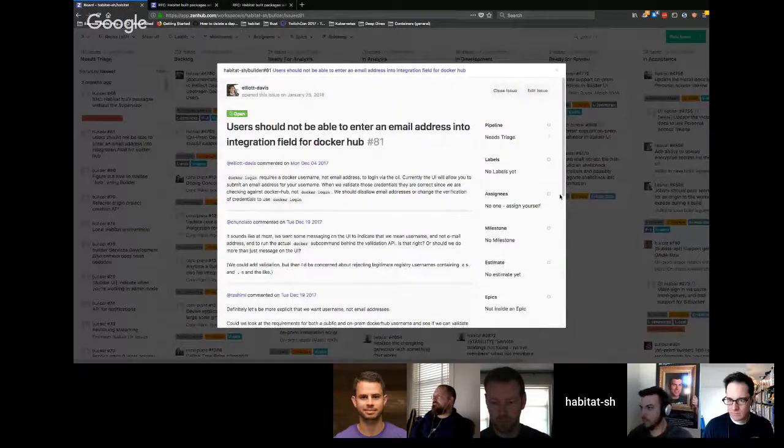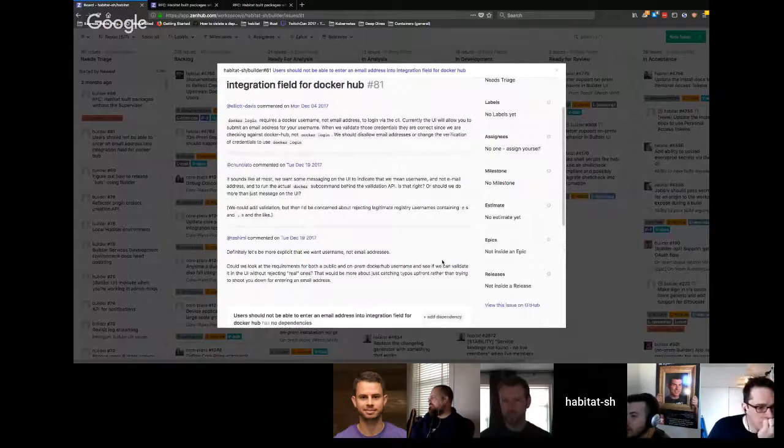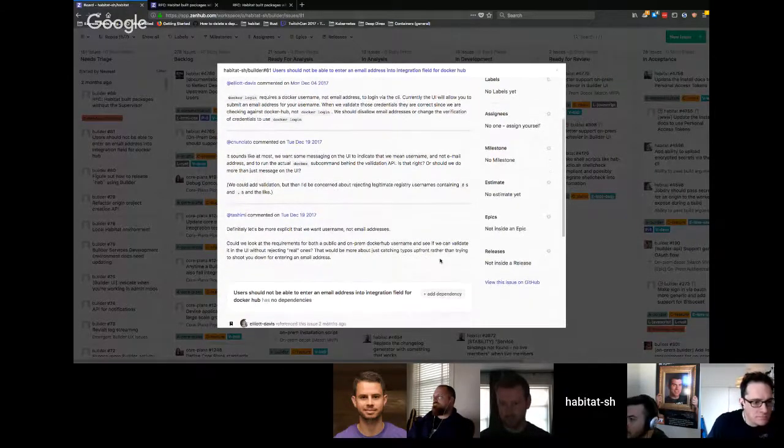Users should not be able to enter an email address into integration field for Docker Hub. Did I actually file this one too? I think so.